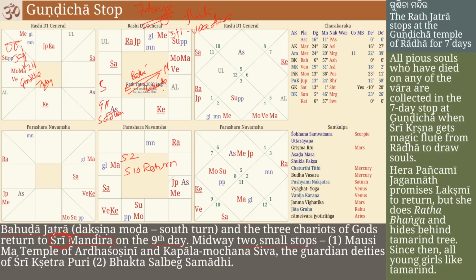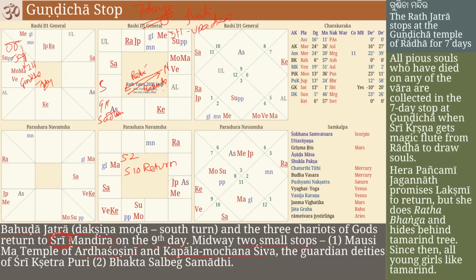This is the temple of a Devi called Ardha Soshini and Kapala Mochana Shiva. The name of Parvati is Ardha Soshini. That is the particular name which is associated with the purification of the souls, wherever some kind of a pulling away, Soshana, is happening to the souls over there. And Kapala Mochana, completely all thoughts are removed. Kapala Mochana. Mochana means you are freed from the